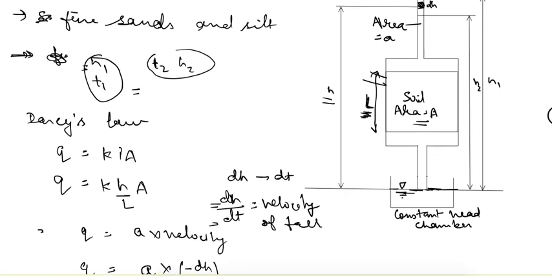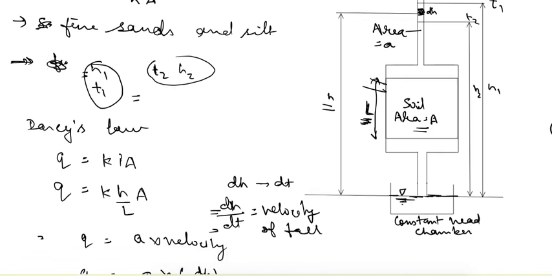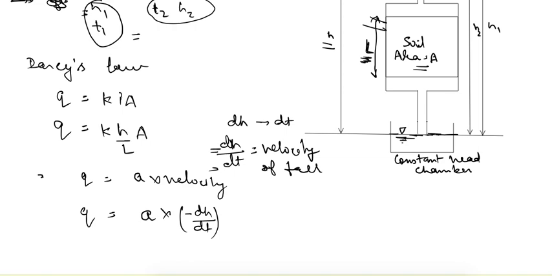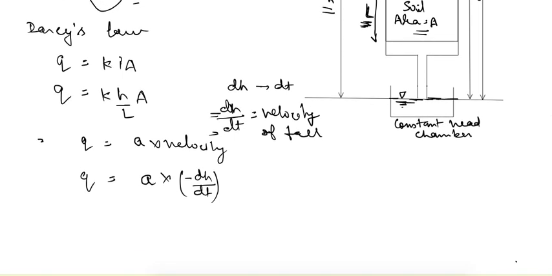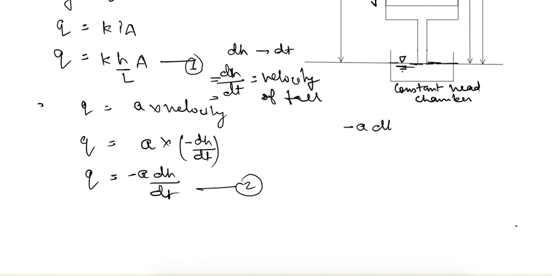Because as the time is increasing, the value of head is decreasing. So at time t1 the head is h1, and at time t2 the head is h2, which is less than h1. So this will give us a negative value of head. So from here Q is equal to minus a dh by dt, and if we equate this equation and this equation, from here we will get minus a dh by dt is equal to k h by L into A. So from here